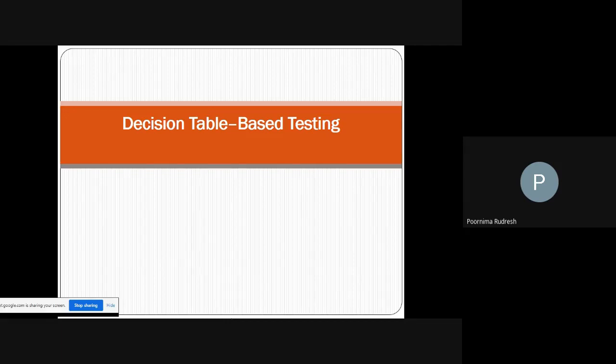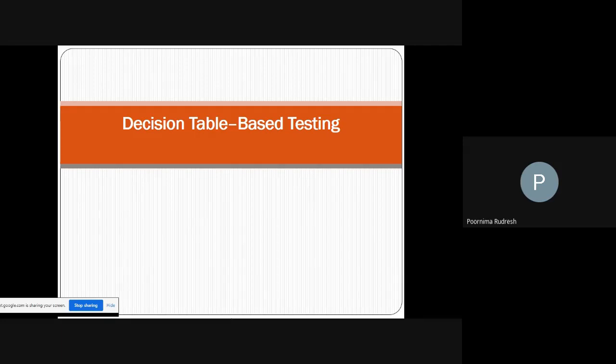Good afternoon. Today I'm going to start the new chapter called decision table based testing. In the last class, I completed equivalence class testing, and the next chapter is decision table based testing. This chapter is also in module 2. In module 2 from textbook 1, 4 chapters were there. The first 3 I have already completed, and this is the last chapter in the second module, and the other 2 chapters are taken from the second textbook. First I'll complete this, then I'll move on to module 3. Once I complete those, I'll come back to the second textbook. Is it okay?